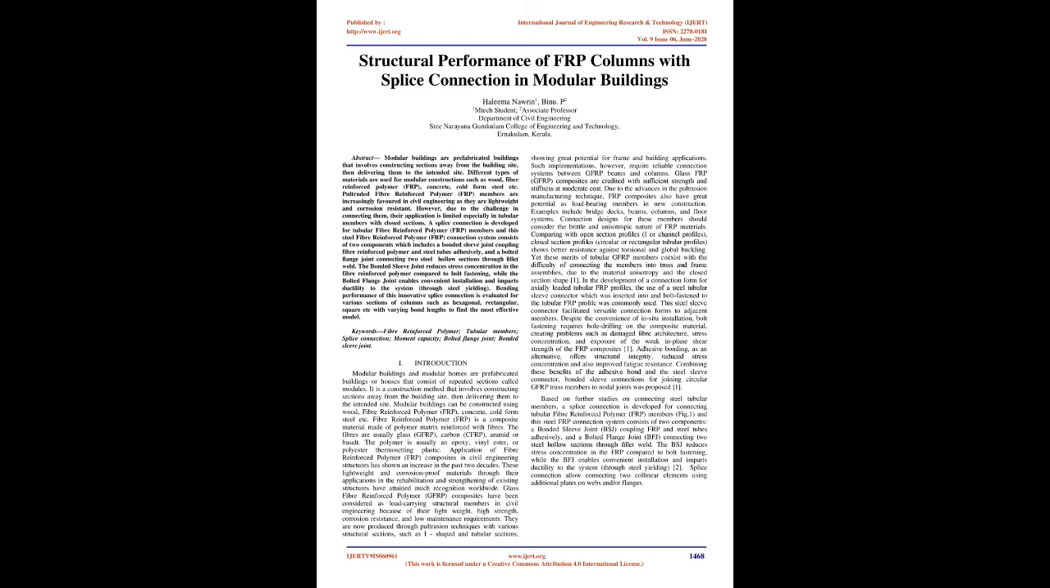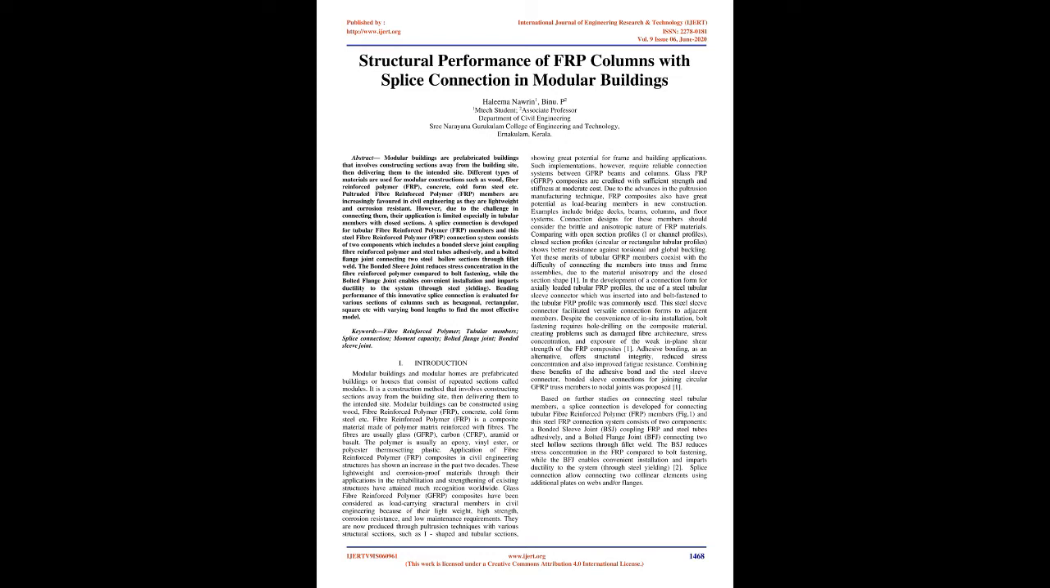Pultruded fibre reinforced polymer, FRP, members are increasingly favored in civil engineering as they are lightweight and corrosion resistant. However, due to the challenge in connecting them, their application is limited, especially in tubular members with closed sections. A splice connection is developed for tubular fiber reinforced polymer, FRP, members, and the steel FRP